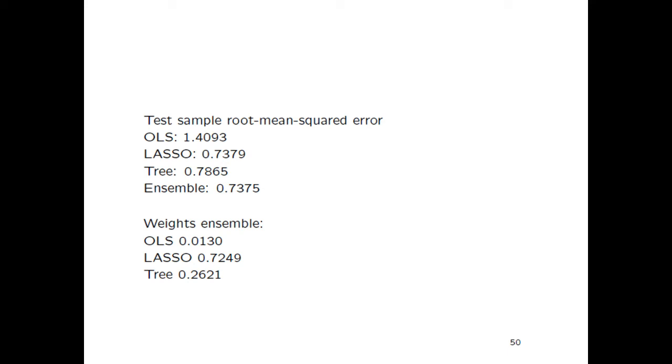As a result, these tree methods and variants and extensions thereof have been incredibly effective as out-of-the-box methods for estimating regression functions, compared to kernel methods of the type that people would use traditionally.